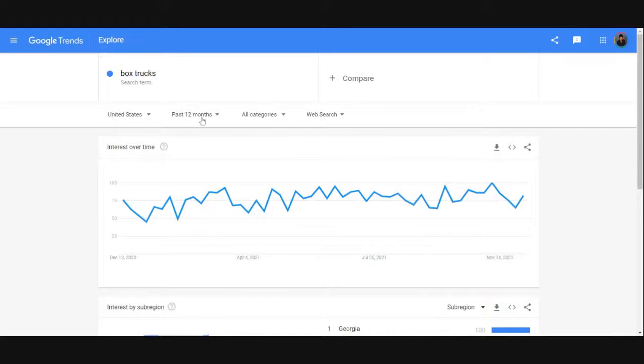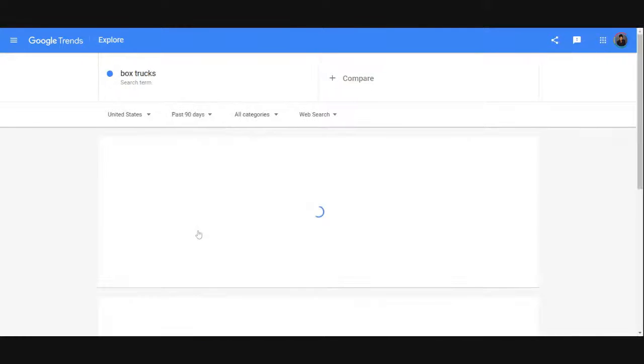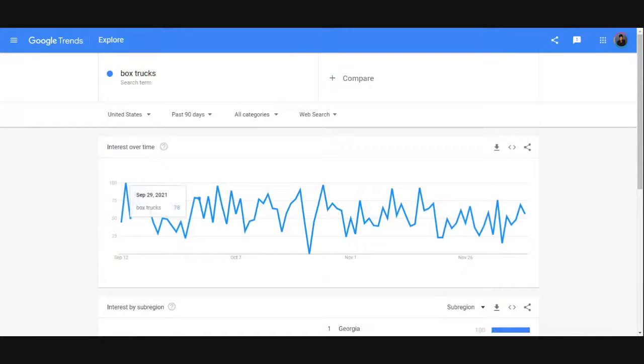And you can search for the past 12 months, as you can see right here. We can do it for the last hour, days, 7 days, 30 days, 90 days, past 5 years. We don't need all of that. But we can search for the past 90 days, or you can leave it as is, the default. It's a year, and as you can see, the graph gives you different data and different